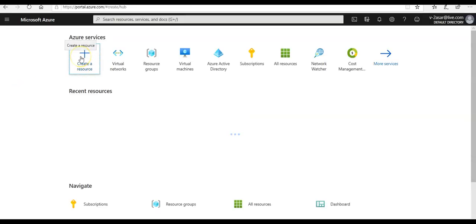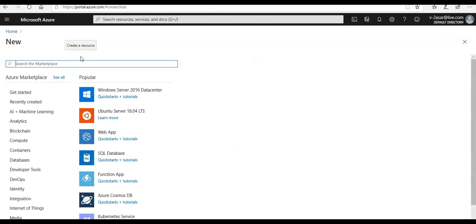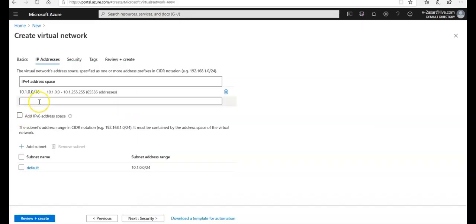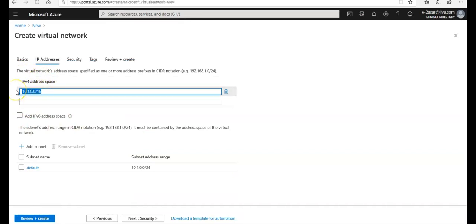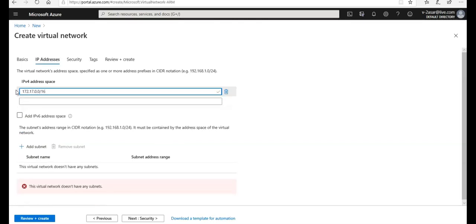So I'm going to click on create a resource. I'm going to create a RG and virtual network and come back. I'm going to pause this, and if you would see, the address space that I am using for this virtual network is 172.17.0.0/16, and the subnet I am going to select